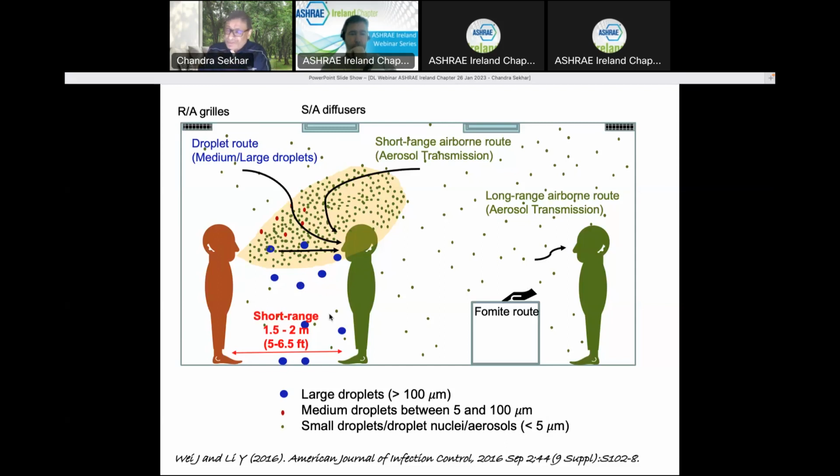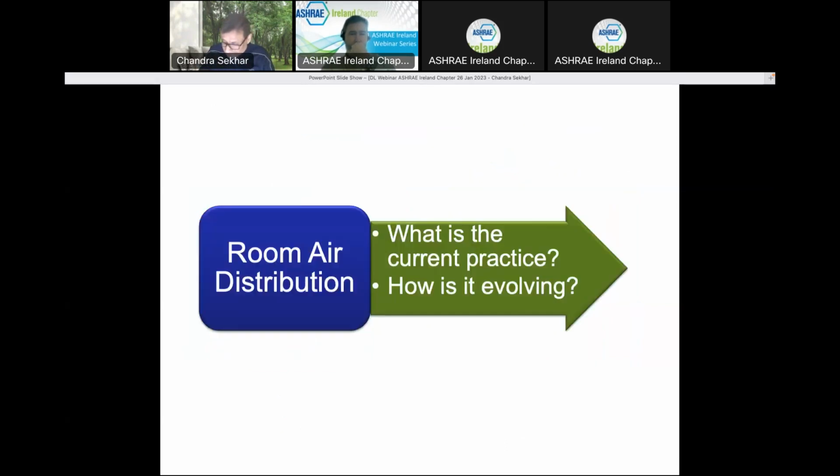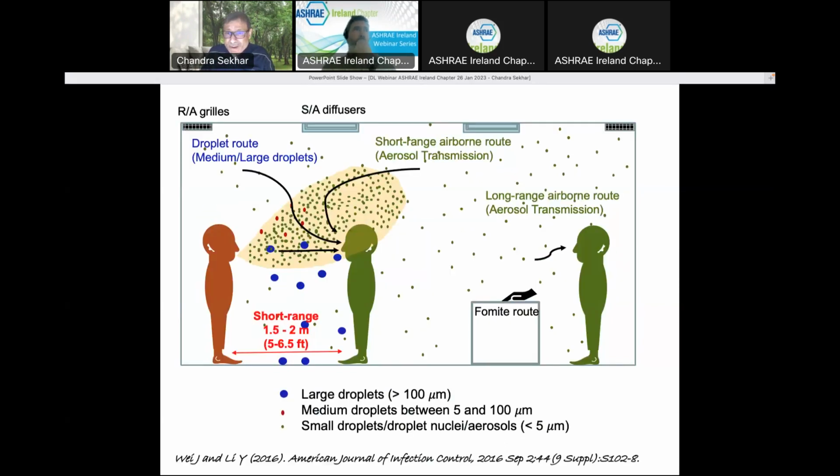However, because there are fine particles, small size particles released as well, and they exist in this range too. And if you have the right kind of air movement, air circulation, things can move everywhere else in the room too. So we talk about long range transmission within a room scale. You can see this as a small meeting room, a large open plan space, multiple rooms where air connects one room to the other.